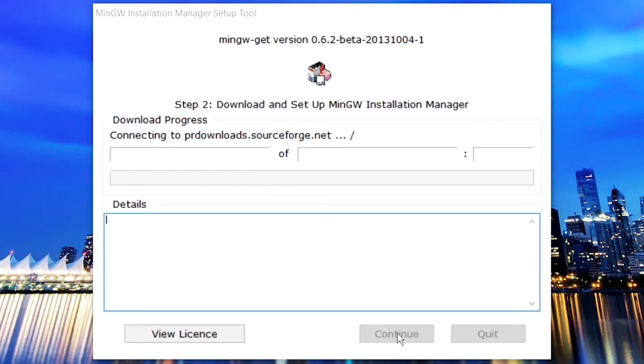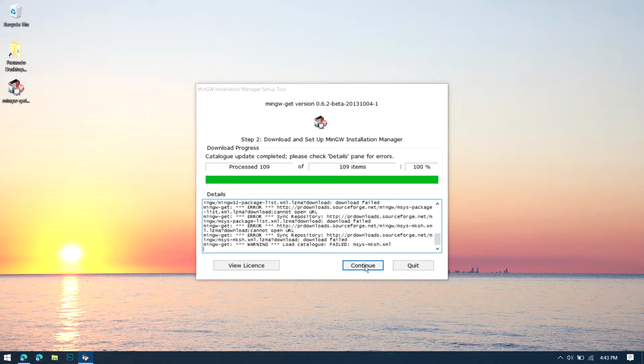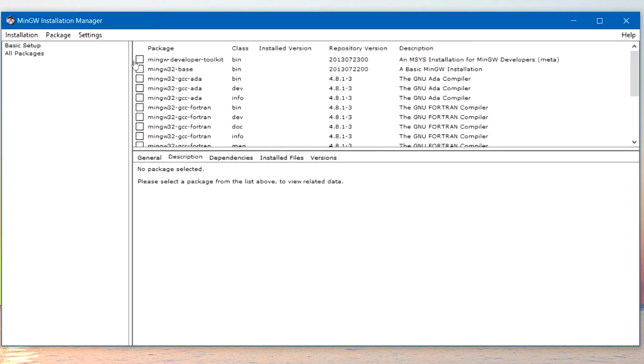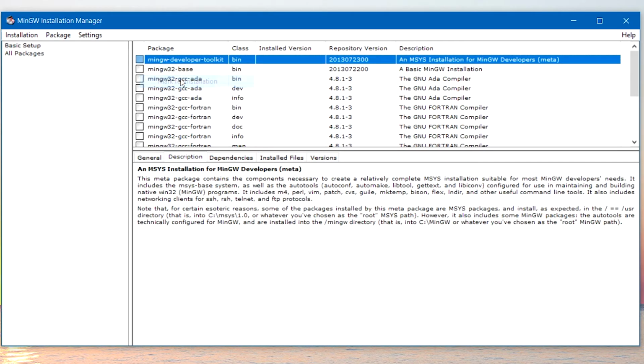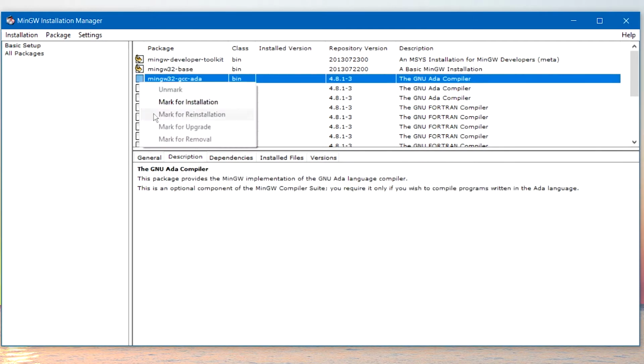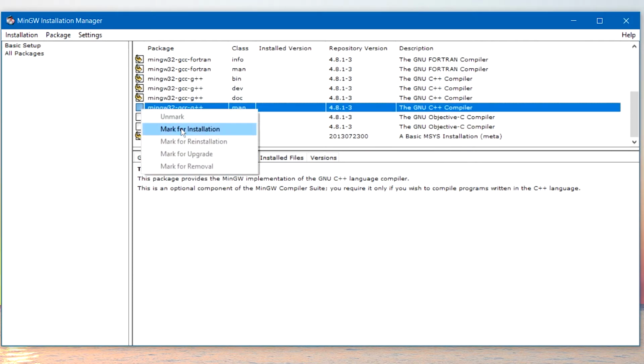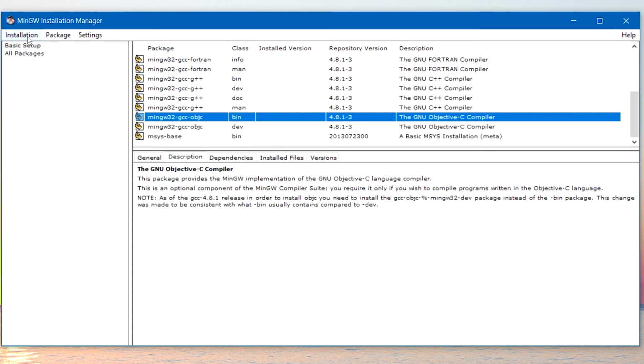While you're almost done with the setup, there's one more very important thing you need to do. Under the package column, right click on each and every entry and then click on mark for installation. This step is done to ensure that you don't face any compatibility issues whenever you try out something new. After doing this step, head over to installation and click on apply changes.